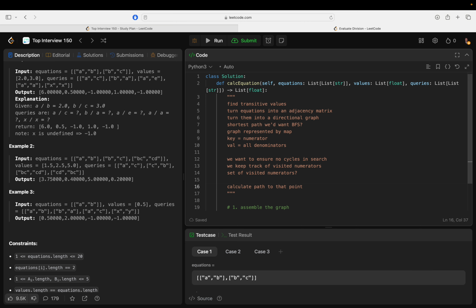So to do that, let's see. So this is good, but we need to calculate the path to that point. So we need to somehow, during our search, say okay, here's my thought. Calculate the path to that point. To do that, we adjust the graph